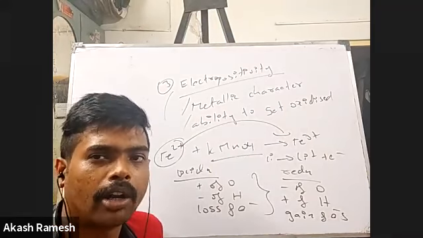So if it is undergoing oxidation, what kind of agent would it be? Reducing agent. Very good. So electropositivity can also be looked at as the reducing power of that particular element, or the ability of that element to act as a reducing agent. Whichever is getting oxidized is the reducing agent, whichever is getting reduced is the oxidizing agent. So the ability to get oxidized, or in terms of reducing power, which can act as a better reducing agent. The questions can be like this.